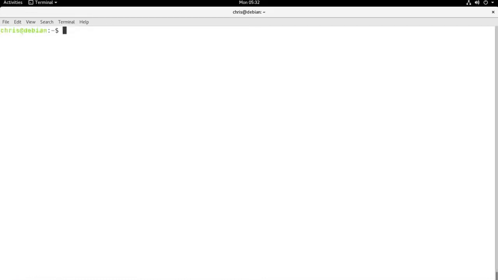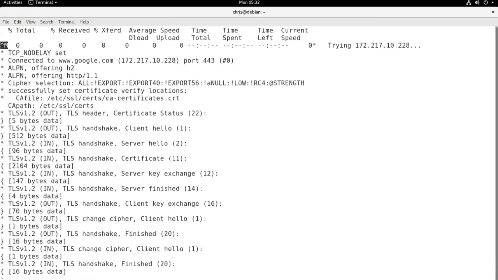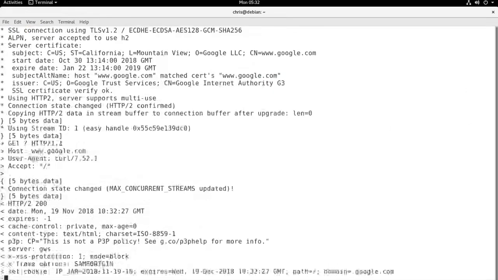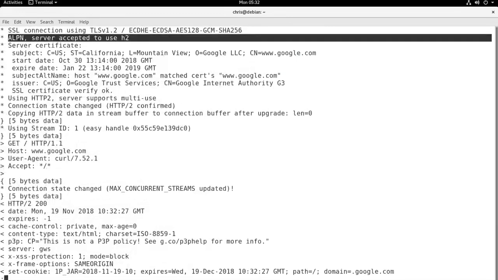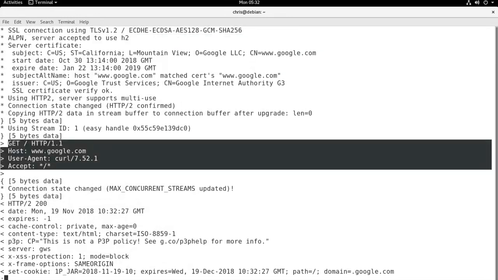Now it's going to look similar with Google. We're going to offer HTTP2 and 1.1. We'll complete our TLS handshake and certificates. And then Google says, hey, let's talk HTTP2, right? I want to save that little bit of overhead, and you're able to talk it, so here we go. Now, this GET request looks a little funny, right? Because we're talking 2. We asked for 2, we got 2 back, and here's our header requesting 1.1.